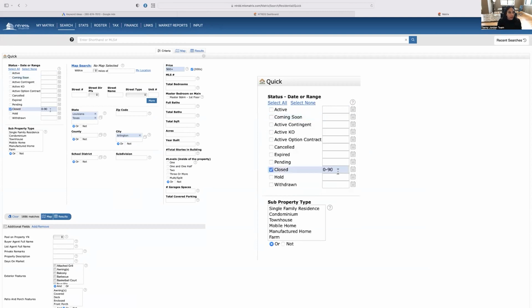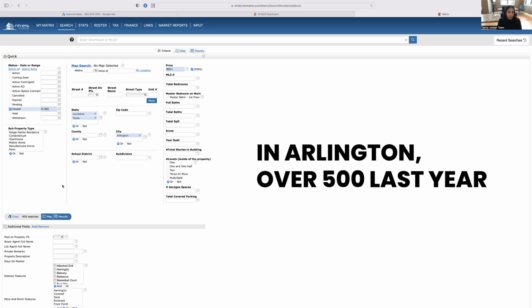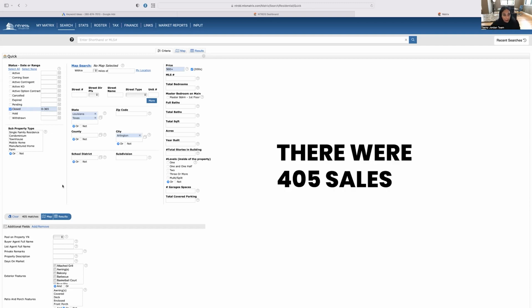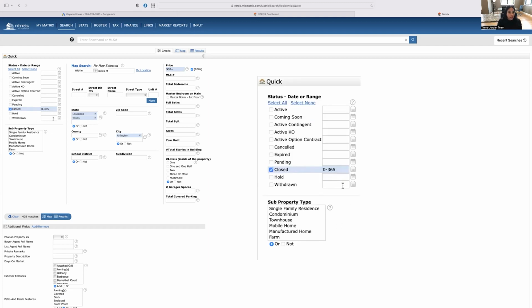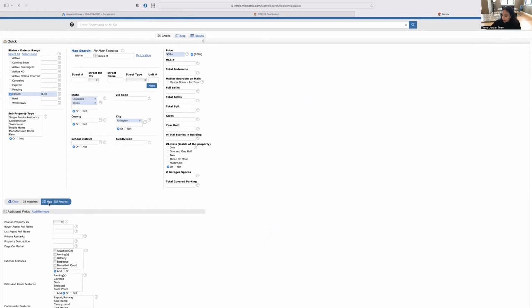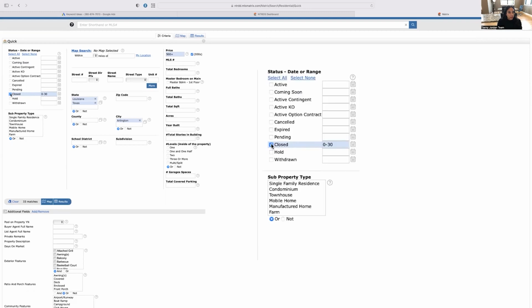And then I'm going to look at closed in the last year, 365. So in Arlington, over 500 last year, there were 405 sales, right? And then if I do in the last 30 days, how many sales were there? Over 500. There were 33 sales in the last 30 days. Okay. Now I'm going to look at